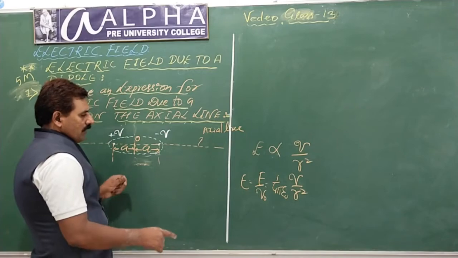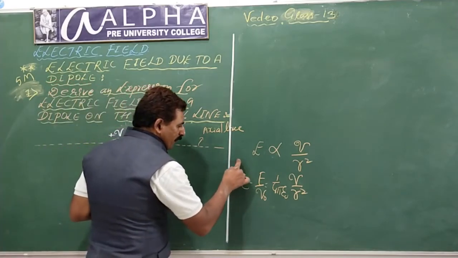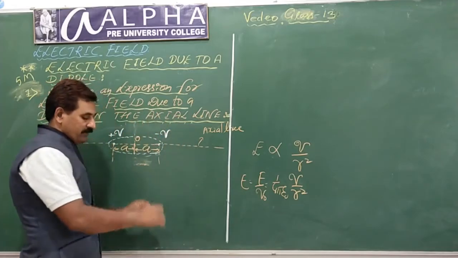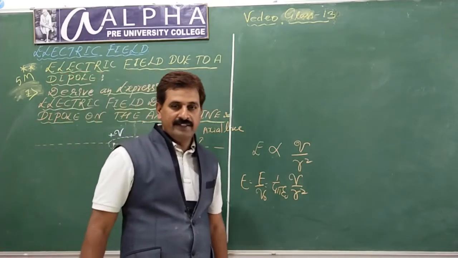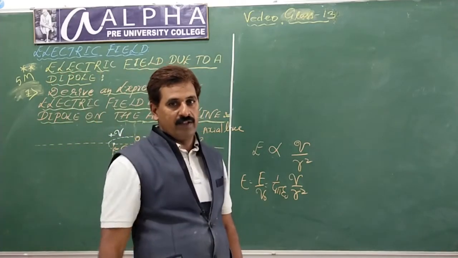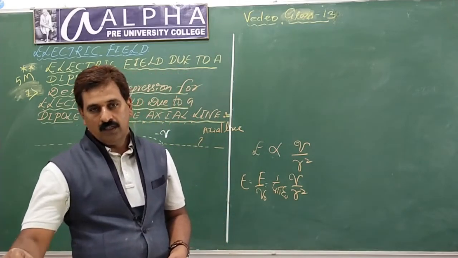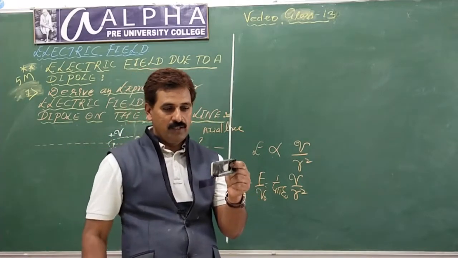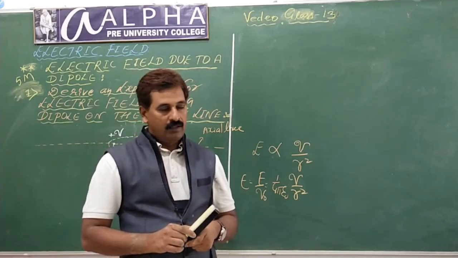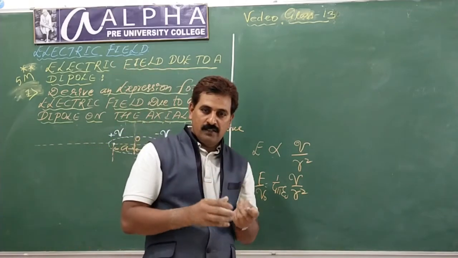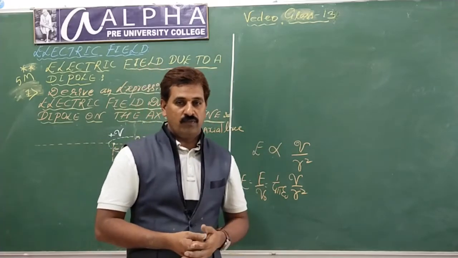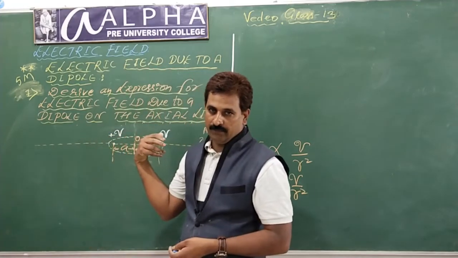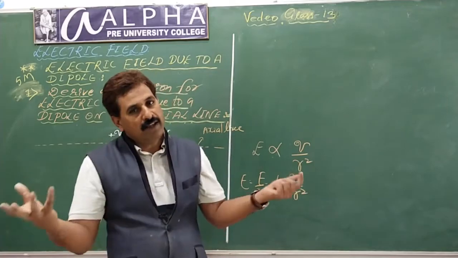Students, now, like how a point charge produces field around itself, a dipole also produces electric field around itself. Due to that, when the dipole is subjected to an external electric field, it experiences a force. And due to that force, the dipole rotates like this. I discussed in the last video. Rotation is called torque. And due to that sort of rotation and alignment of molecules due to external field, the medium which contains these dipoles changes the value of electric field and hence electric force.